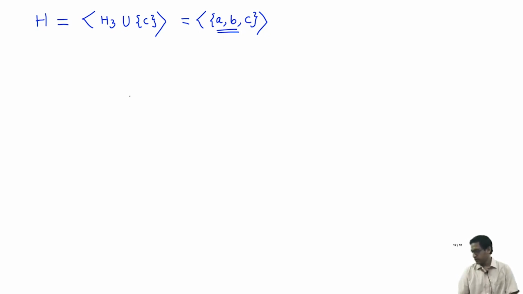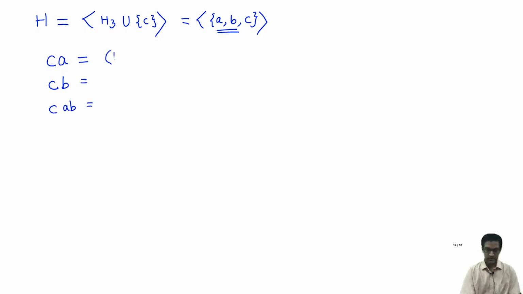Okay, so what do we need to do? Once I throw in an additional element, I must try and multiply it with what I already have and see what new elements arise. So let me take C and multiply it with A, multiply C with B, and also multiply C with AB, and let's compute in each case what one gets. Let me write out the answers for you. This is 1 4 2 3, the 4 cycle. That's what you get if you compute C into A.